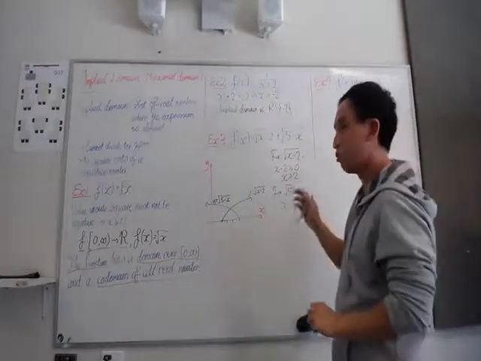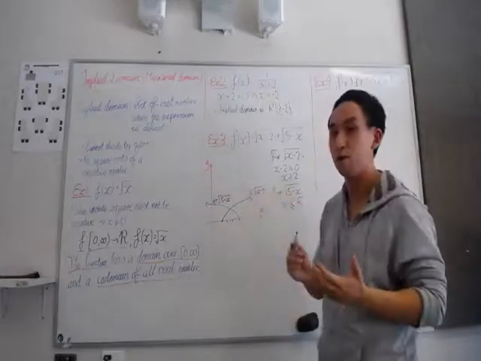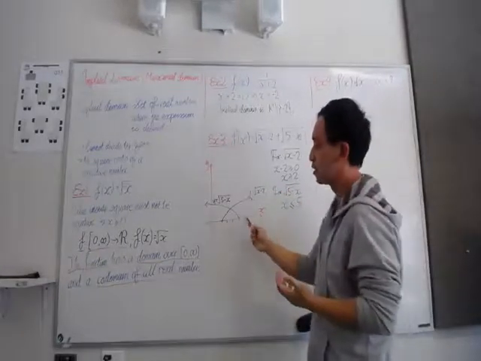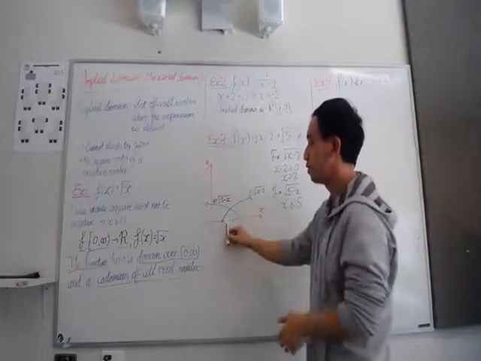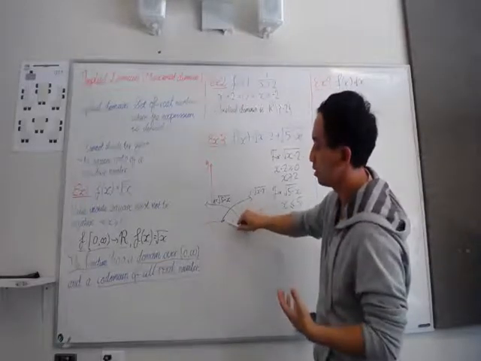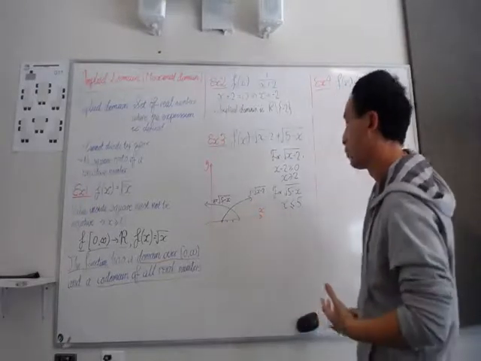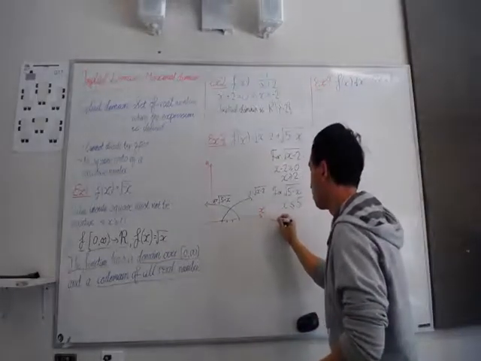And you can see why that's the case if you draw it out. Now, if you have the graph y is equal to square root of x minus 2 and the square root of 5 minus x, if you want to add them together, you can only add them where they're both defined. So the only overlap between these two functions is between 2 and 5. And so the implied domain is